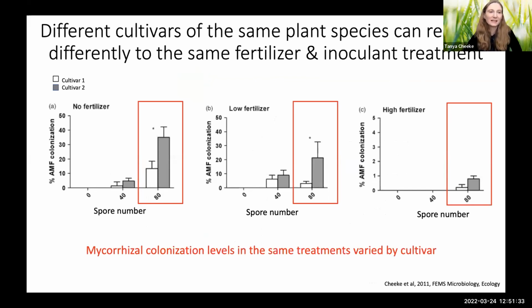This was some work that I did when I was doing my PhD, and this is two different corn cultivars, and they were grown in no fertilizer, low fertilizer, or high fertilizer treatments with different numbers of mycorrhizal spores added. And what you can see is even though they're grown all in the same condition, one cultivar has a lot higher levels of colonization than another cultivar, and that was consistent across the fertilizer treatments. So even within the same plant species, corn, mycorrhizal colonization levels can vary based on the genotype of the plant